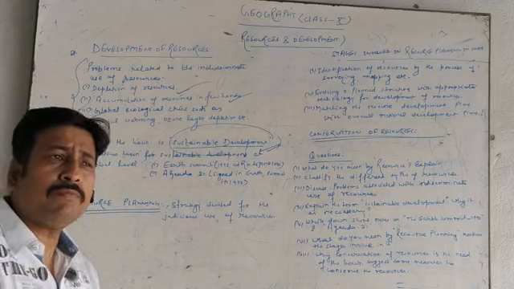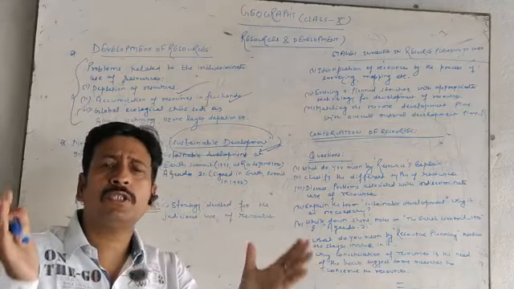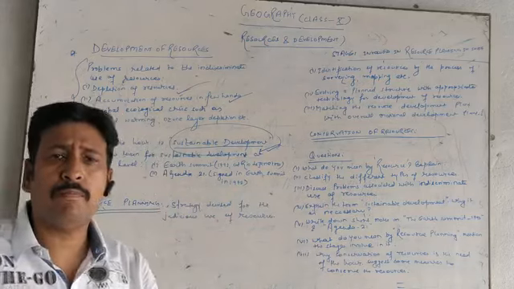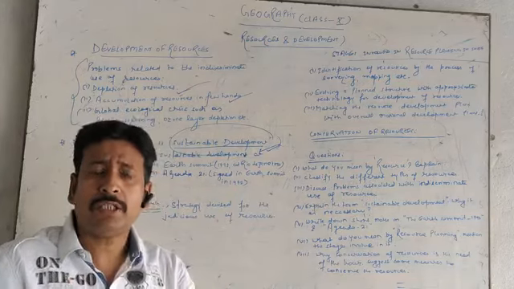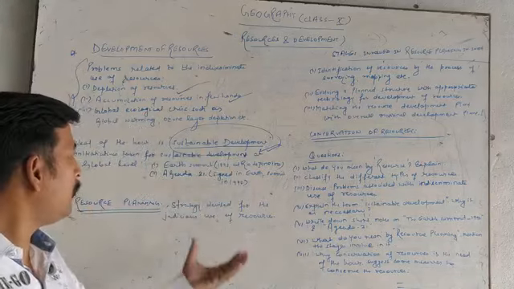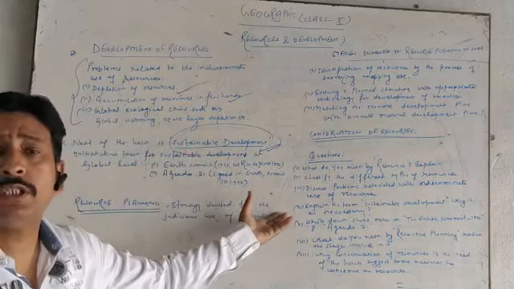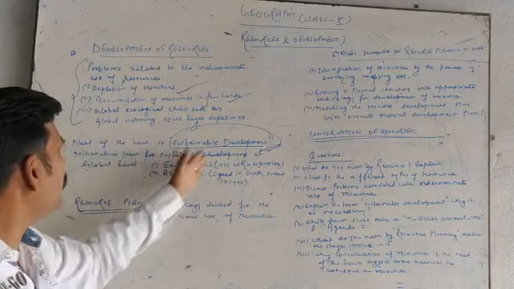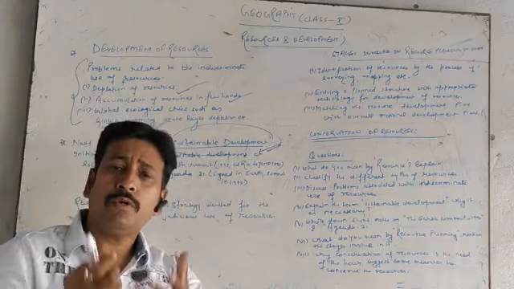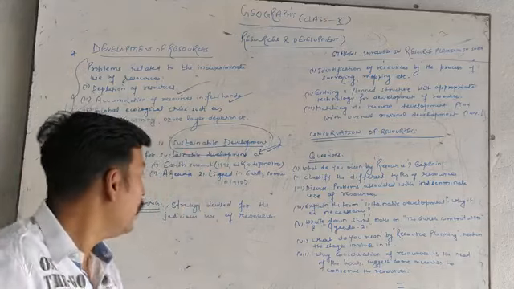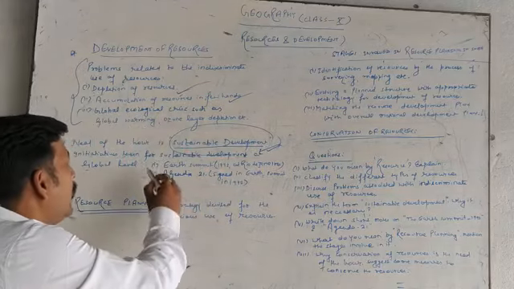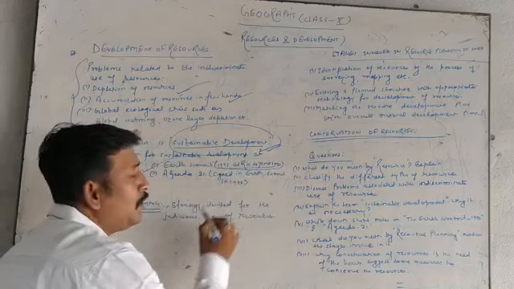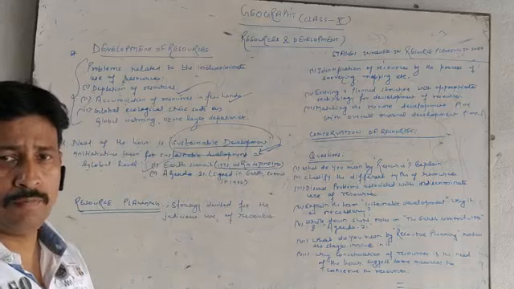And because of these things, a lot of people have thought about these issues. At the global level there was a concern. लोगों ने सोचा, बड़े बड़े नेताओं ने, बड़ी बड़ी देश के थिंक टैंक्स ने सोचा कि कैसे हम सस्टेनेबल डेवलपमेंट के गोल को अचीव करेंगे. And for this, at global level several initiatives were taken in order to achieve the goal of sustainable development. One such initiative was the Earth Summit, which was held in 1992 at Rio de Janeiro in Brazil.